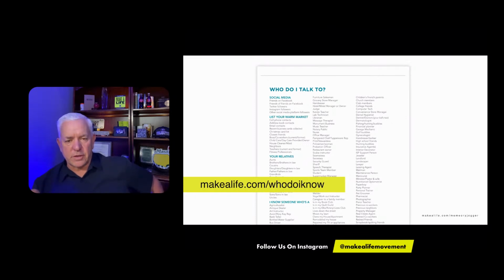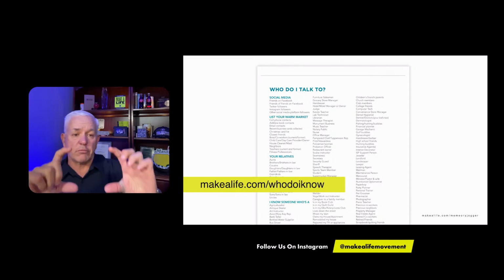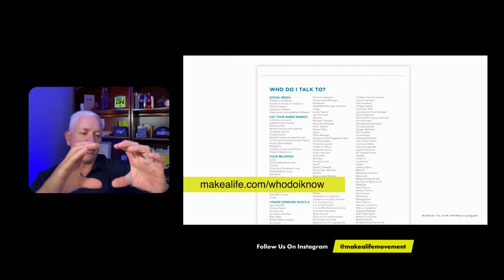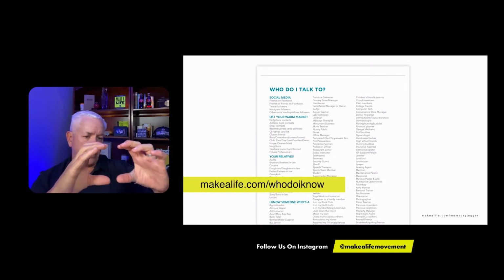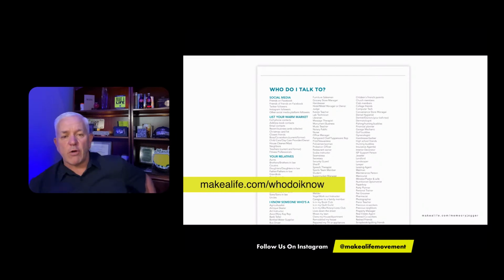We have a list of all these categories. Some of you don't even know what a Yellow Pages is, but they do still exist online, I think. They used to literally drop off on our front porch a book in Atlanta that was like that thick. It was crazy. But these are all the categories.